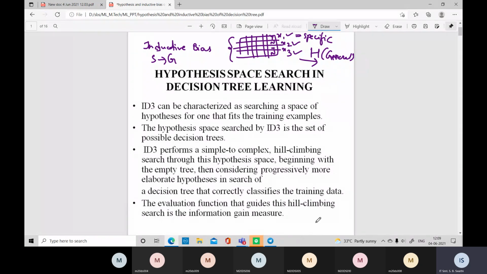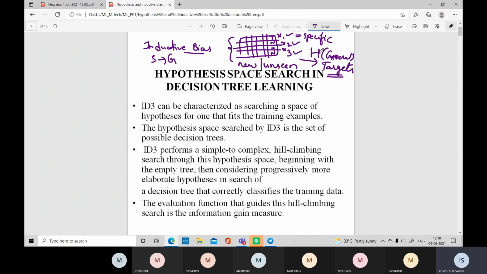Now, what is this hypothesis space? Hypothesis space is how you are generating a conclusion from the given training data set, such that if any new input is given which is not matching with this training data set, then for that new input data, you should derive some conclusion, or you should derive some target concept, or some targets should be generated for some new instance, new or unseen instance. We can say unseen. Unseen means what? Which is not matching with the given training data. So that is what is happening in inductive bias.